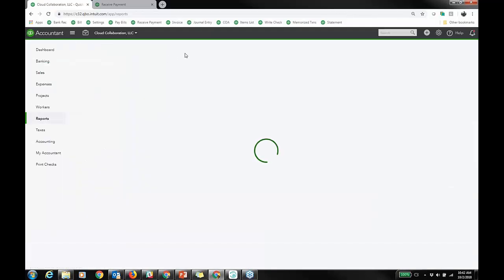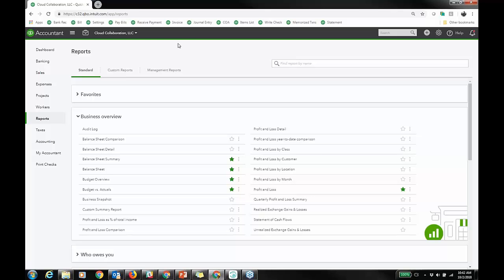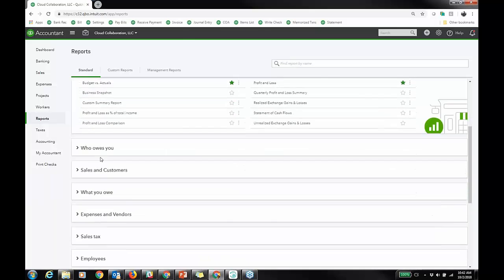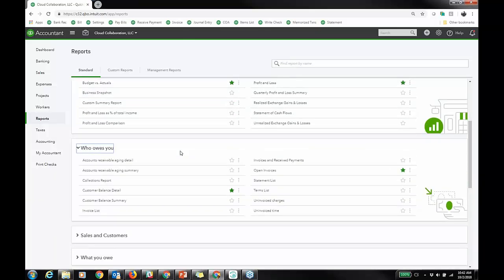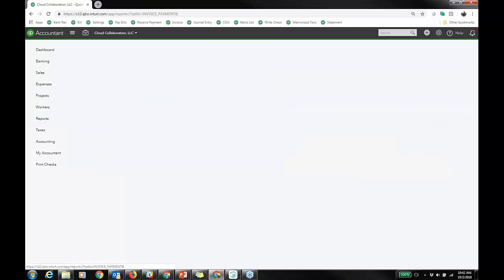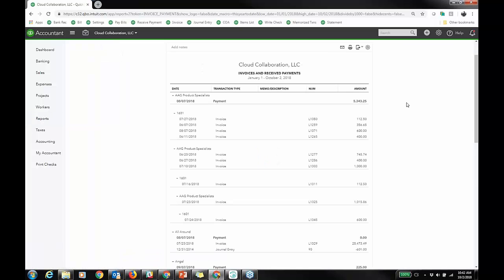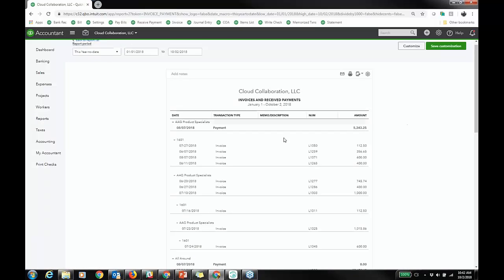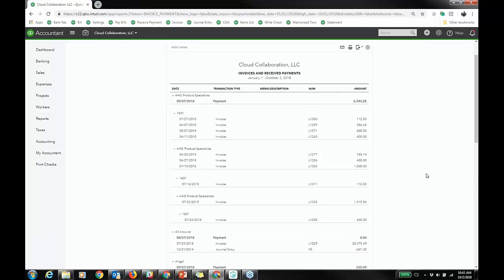Okay, speaking of which, let's look at reporting around items, and some of my personal favorite reports to use. I'll show you an item profitability report, but if you scroll down, who owes me? So I have aging reports, etc., customer balance detail. This one, invoiced and received payments, it's new. This shows me, if you have a product-based business that wants to see, okay, here was the payment that I received on 8/7/18 or entered it, what invoices did it pay off? Okay, and it paid off,